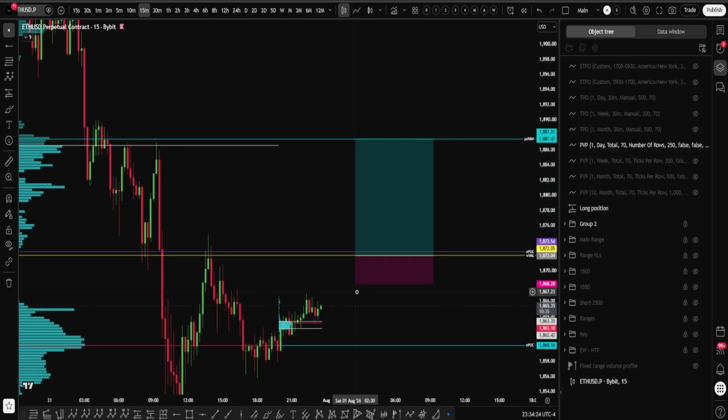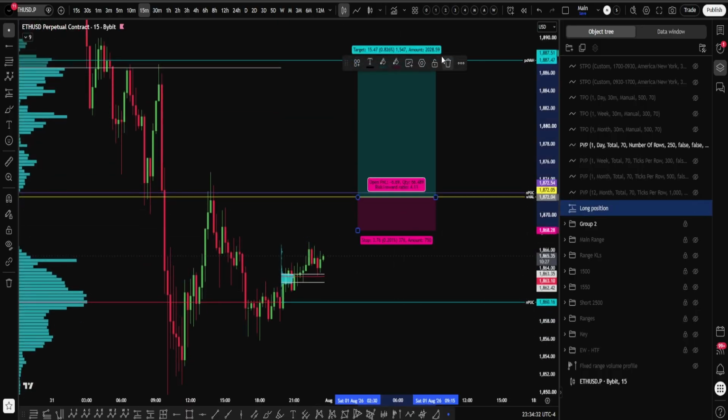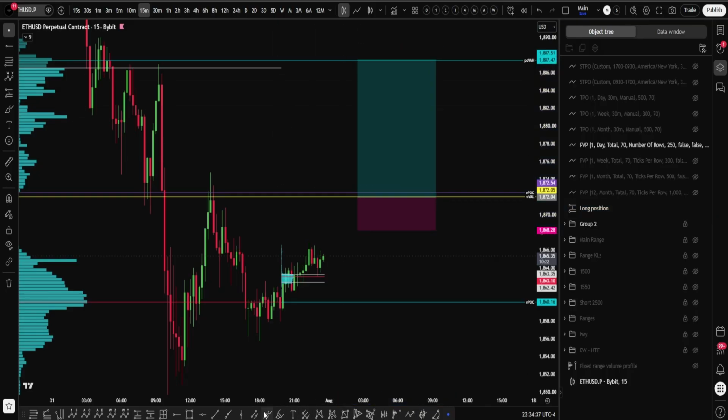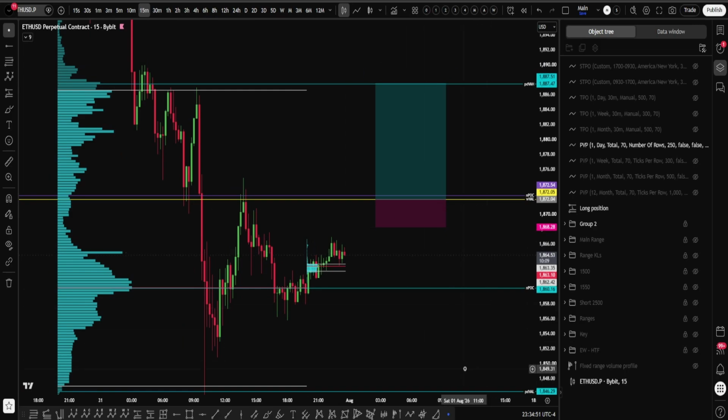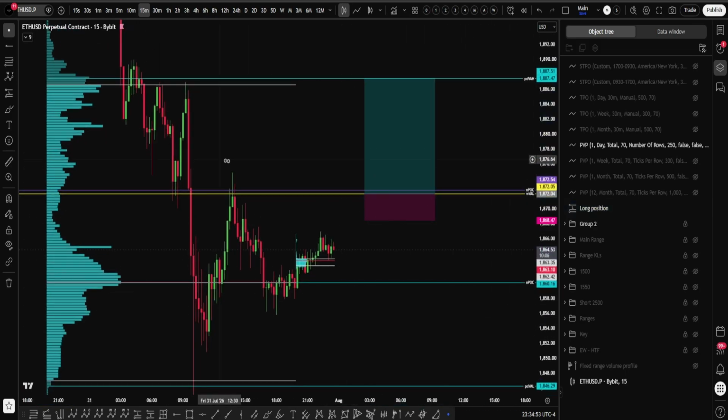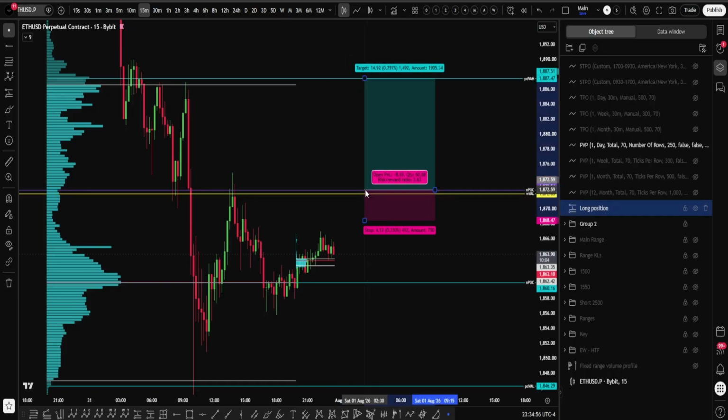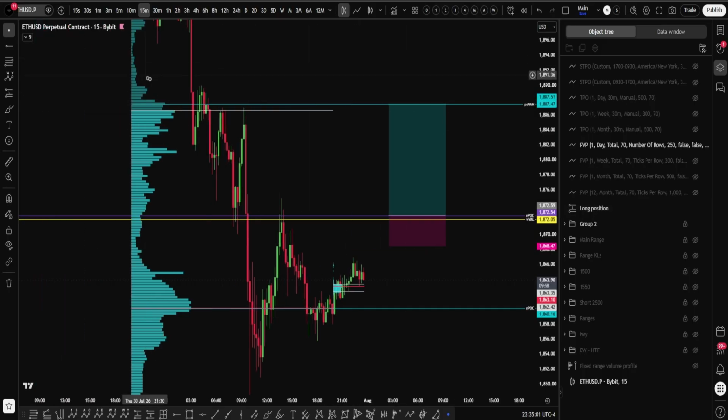But again, I always have to go over that I always use order flow when I'm entering, especially low time frame trades, because order flow tells you a lot. It tells you if the move is strong, or if it is pushing up just because shorts are closing, meaning it's not real buy pressure coming in, or if there's absorption, et cetera. But if removing order flow, yes, I would say a 15, 30-minute closure above can be your confirmation. We've gotten acceptance above, and I think it is worth a try of a long, targeting our previous value high,